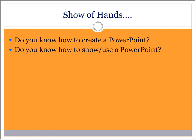And then do you know how to show or use a PowerPoint? So if one's already been created, okay, so you know how to pull up a PowerPoint and stuff. So the only time you would need to create a PowerPoint is after our training